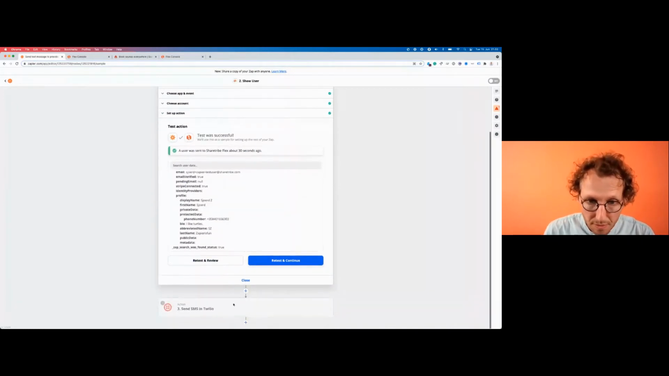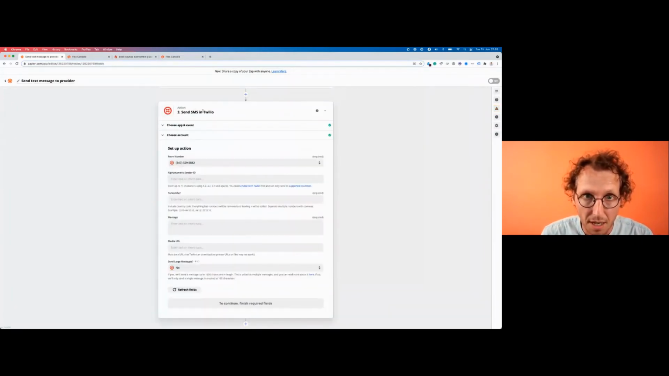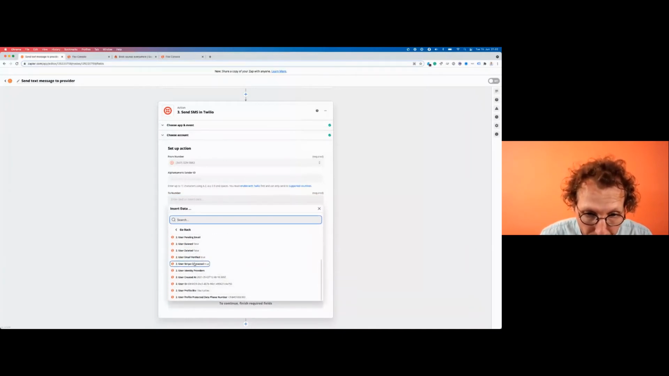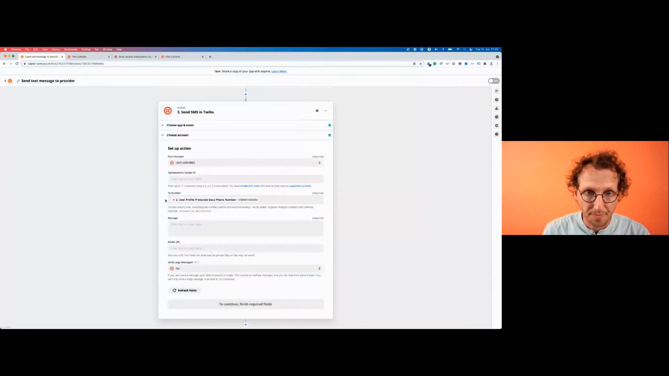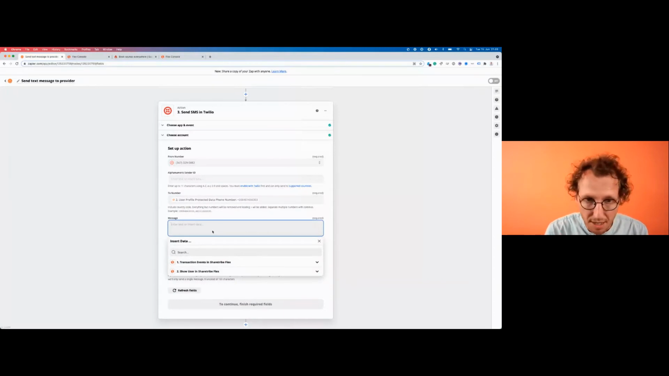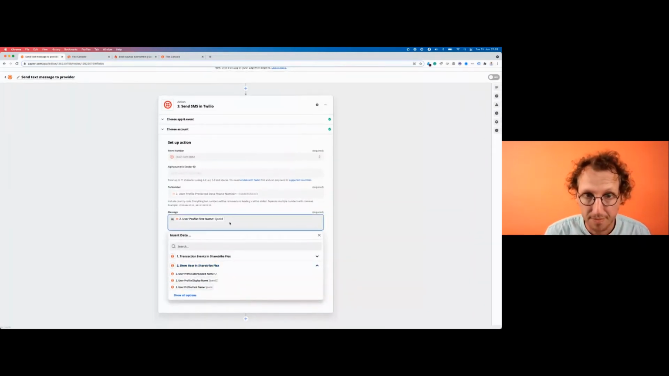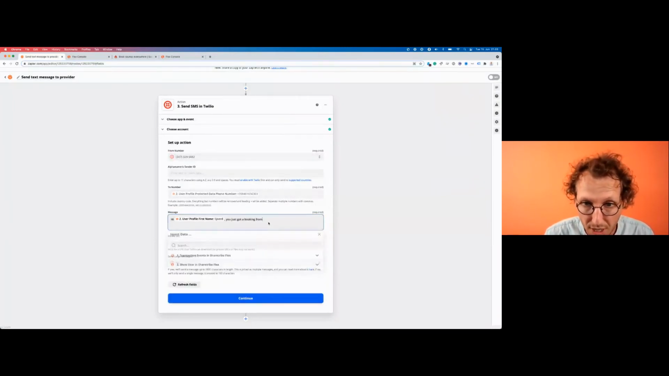So that's great, because now we can populate the third step, Twilio, with a required to number, which is step 2. User profile protected data phone number. There we go. That's great. Now we want to send a message like, hi, for example, first name. Why not? It's nice to get a message with your name. Hi, first name. You just got a booking from, and for this case, we should